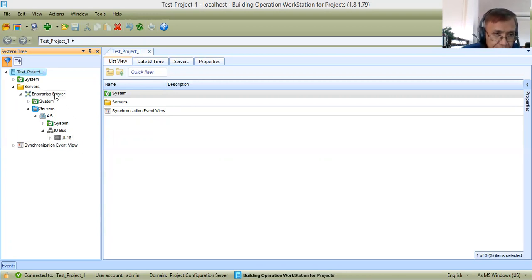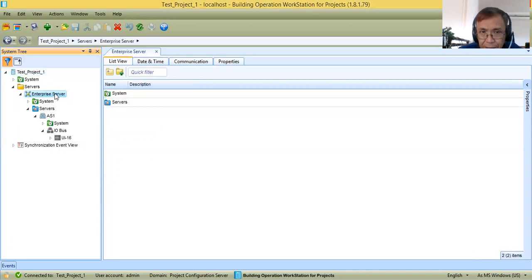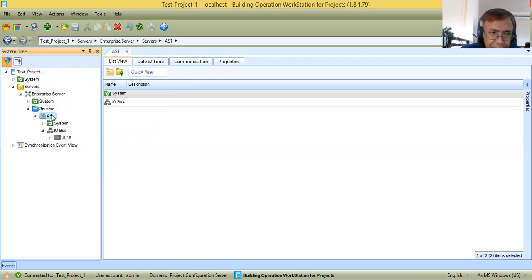So I already installed my enterprise server. This is in the management level. Then from my system level, I have one automation server. I added one automation server that will be connected to my BACnet controllers.